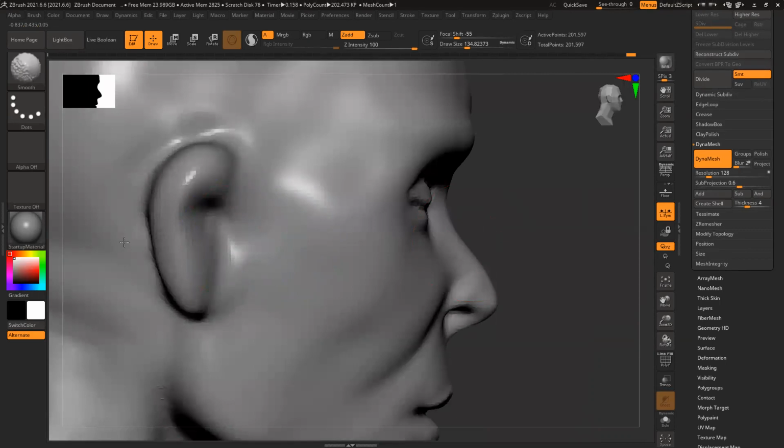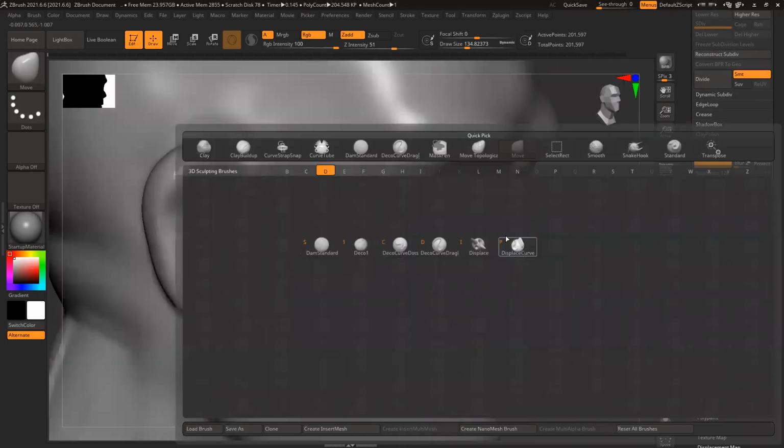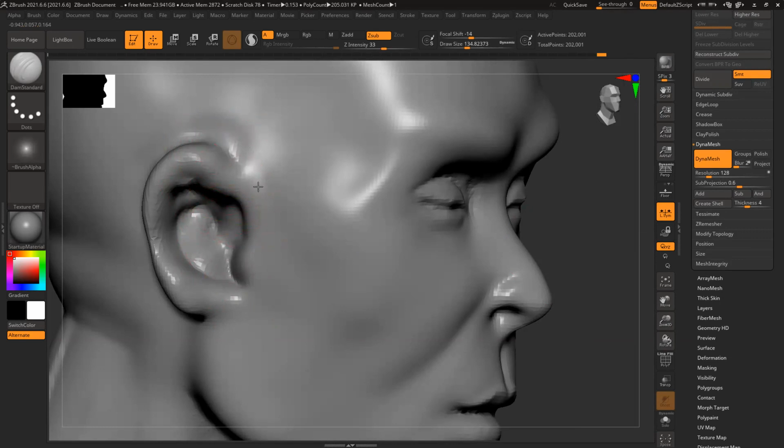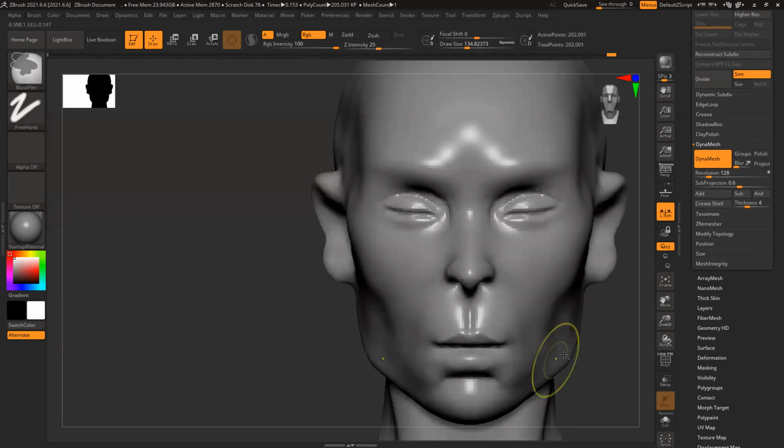Dynamesh once again. Smooth everything. BDS. Dynamesh again. Slowly can create the ear.